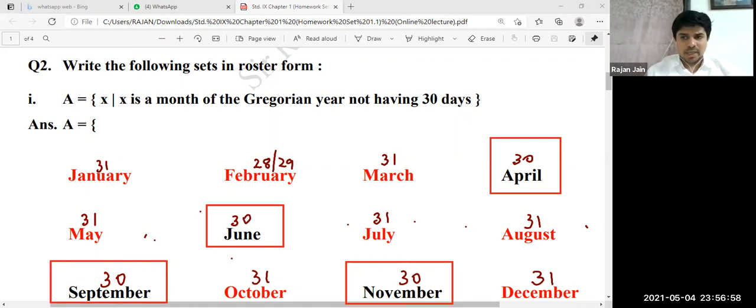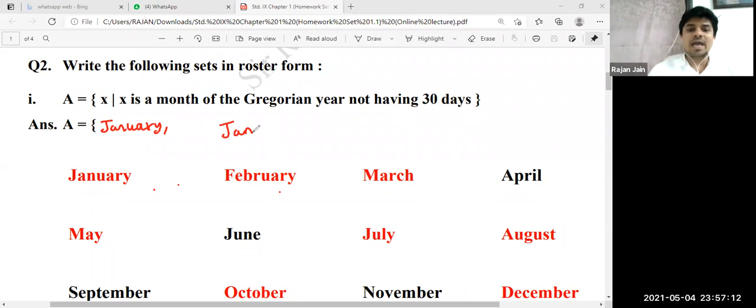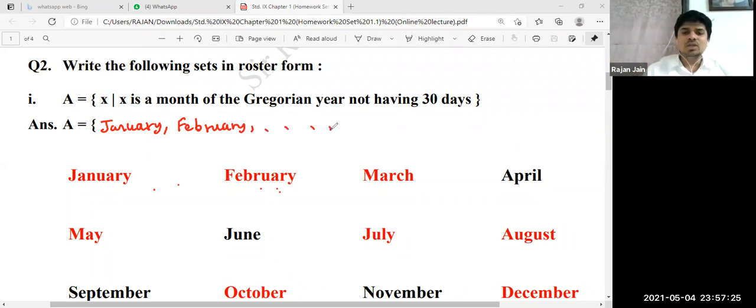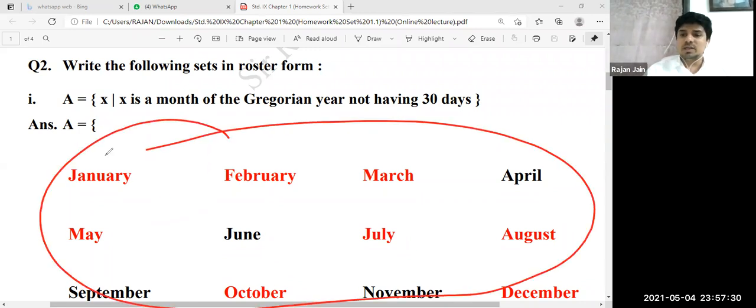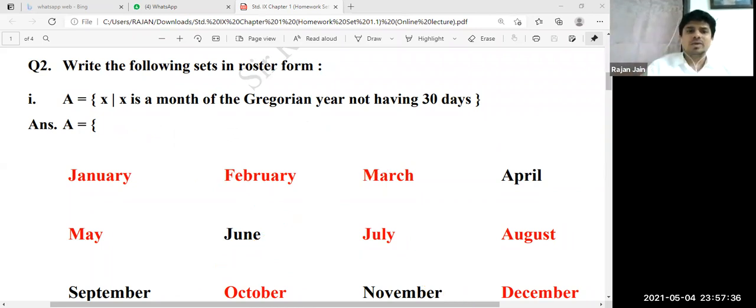Okay, clear? So over here, the answer that I will be writing, I will start with January. And students, when you are writing the spelling, please don't write Jan for January. No shortcuts. You have to write the entire spelling. Also, you cannot put dot dot dot anywhere. You have to write all the elements. I am not writing it all over here, but understand you need to write everything. And this working that I have done here is only for explanation purposes. This need not be written in the exam. Okay, I hope this particular question is clear.